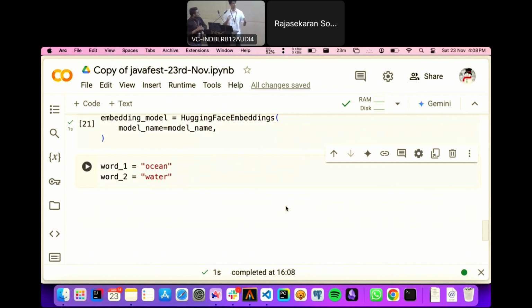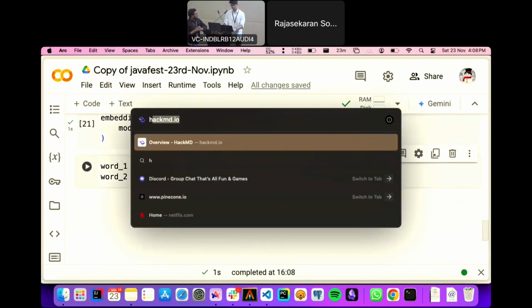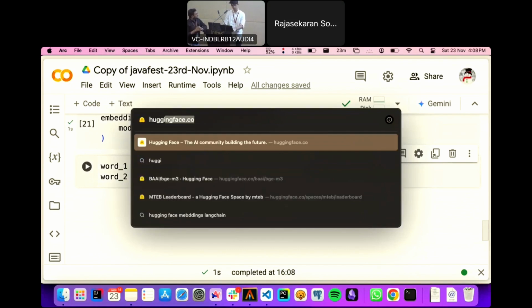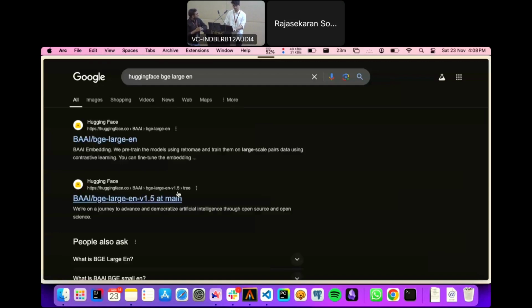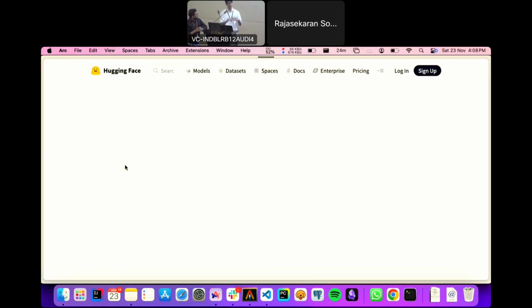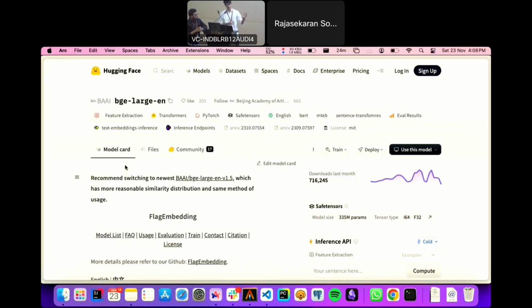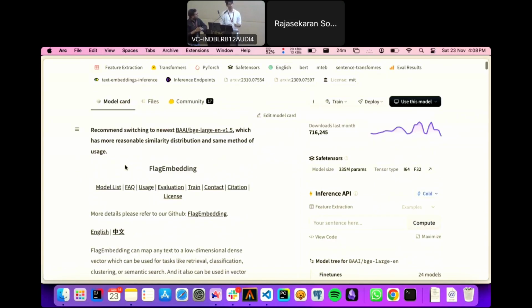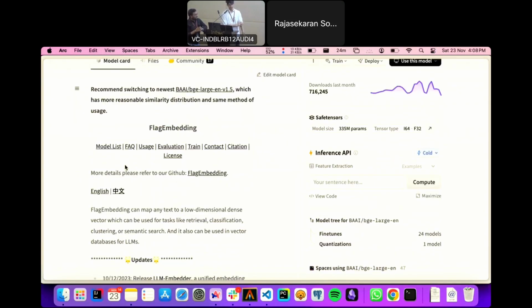Oh, do you want to see which data set it's trained on? Yeah, so this model is hosted on Hugging Face. If you go to Hugging Face, let's do BGE large English, and it'll take you to their website. If you read through their listing, they will ideally have what data this model is trained on. And this is quite useful, because let's say you had to build a solution around finances, right? You'd probably pick an embedding model that knows the finance terms and finance context better compared to a